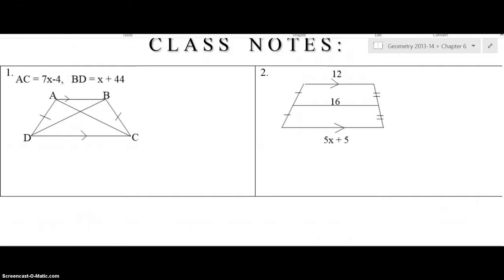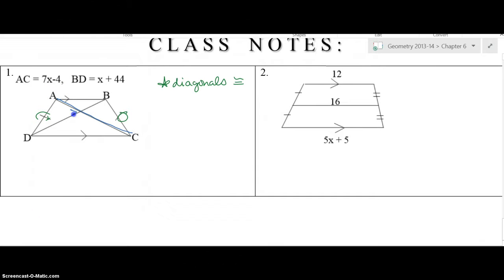We know it's isosceles because the legs are marked congruent with these tick marks. Okay? Because it's a trapezoid and because it is more specifically isosceles, we know that the diagonals are congruent. Only because it's isosceles. So if you look here, they tell us that AC